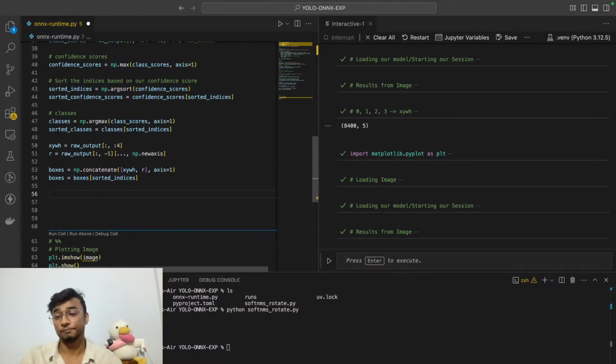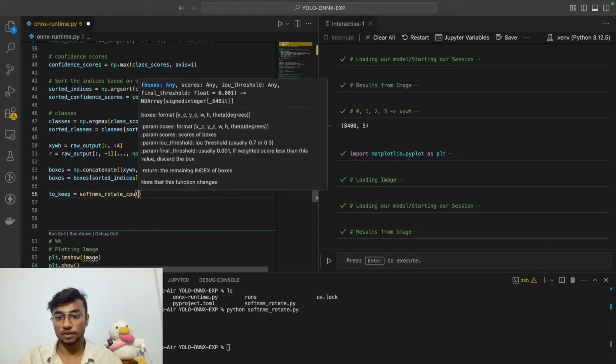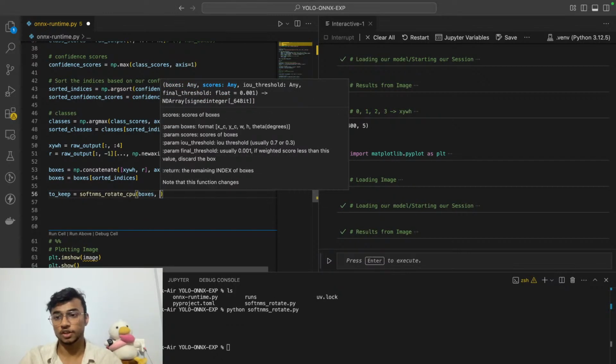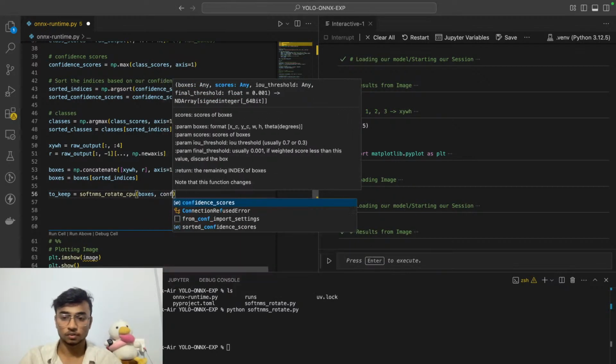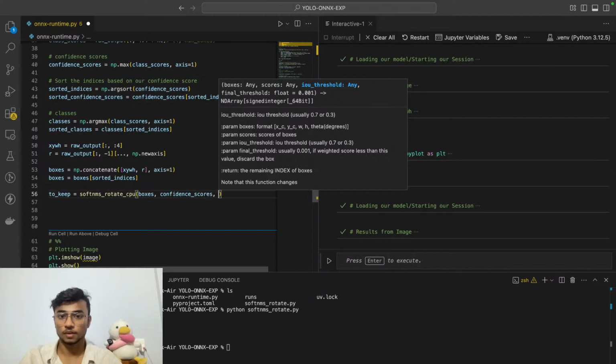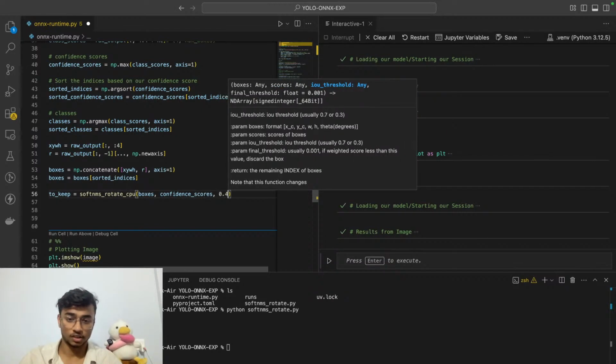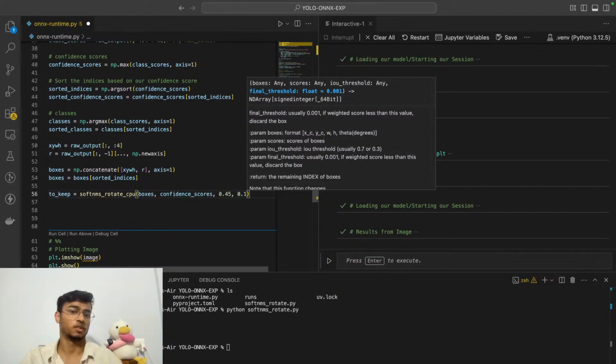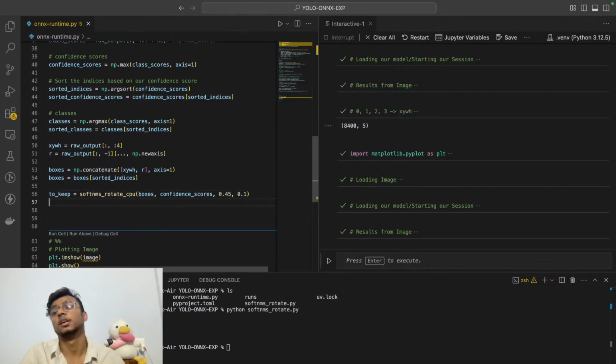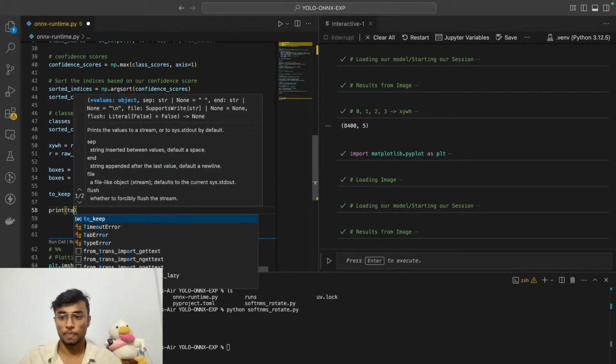You can just say that your keep, which is the indexes you finally want to keep, is equal to soft NMS rotate. You give in your boxes, you give in your confidence scores, and that is all that you need. IOU threshold, if you want to give, you can give 0.45, 0.1, whatever, it will not matter. And that's all. Now let me just print keep,